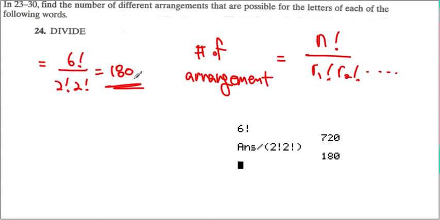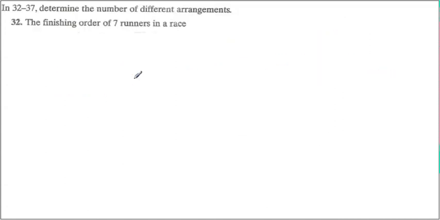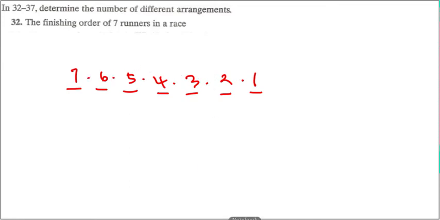Alright, let's move on to the next question. Determine the number of different arrangements. Finishing order of 7 runners in a race. That means we have to rank them number 1 through 7. Then how many possibilities do we have as a first place? Any one of the 7. And second place will be 6 possible choices because 1 was already used. And then 5, 4, 3, 2, 1 for the same argument. If you multiply all of them out,